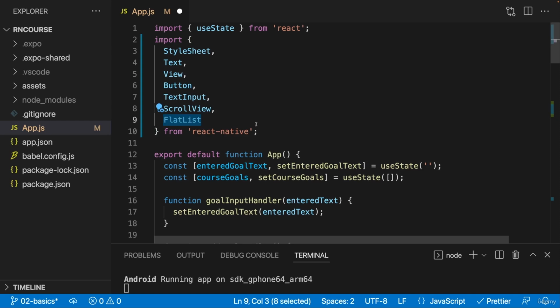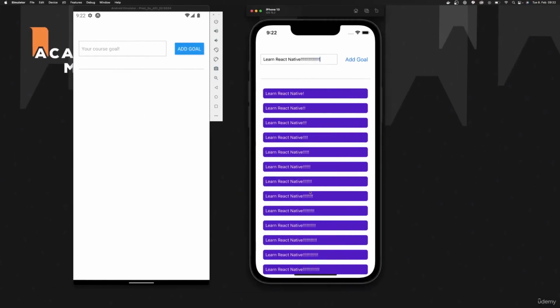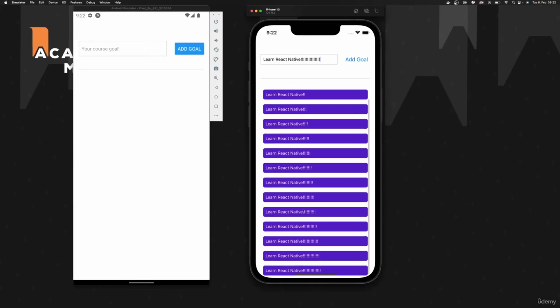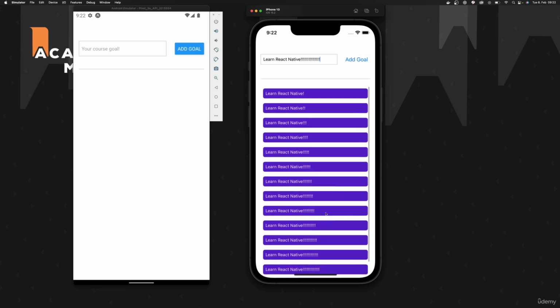This is another component that will help with scrolling, but as the name suggests, it's specifically built for scrollable lists, and internally it will only render the items that are actually visible. And all the items that are off screen will only be loaded and rendered lazily as they are needed